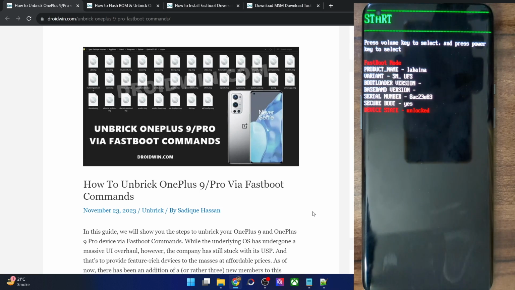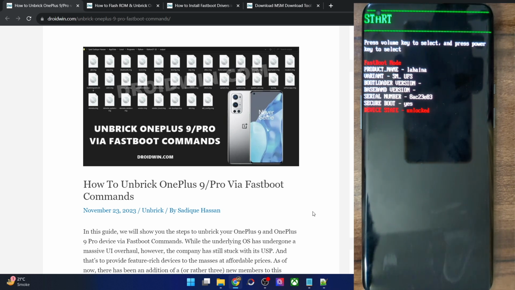Hi guys, this is Sadek from Downgrade.com, and in this video, we'll show you how to unbreak your OnePlus 9 Pro using Fastboot commands. So using this guide, you could carry out three different things. First and foremost, if your phone is currently in a boot loop or a Softbrick state, then you could easily rectify that issue by flashing the Fastboot ROM via the Fastboot command, and then your phone will be back to